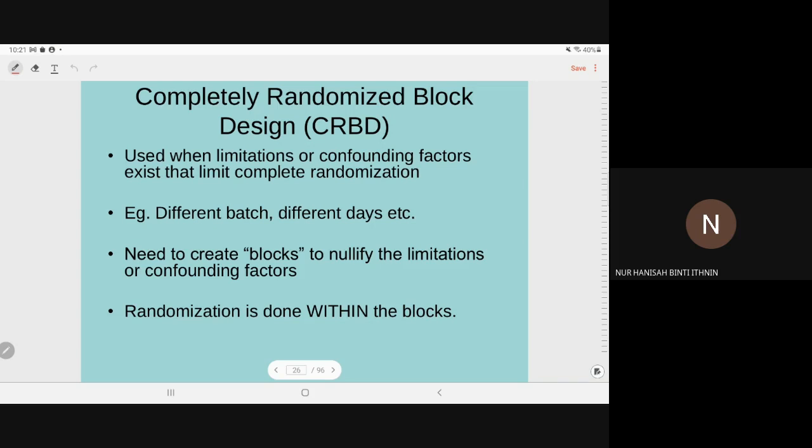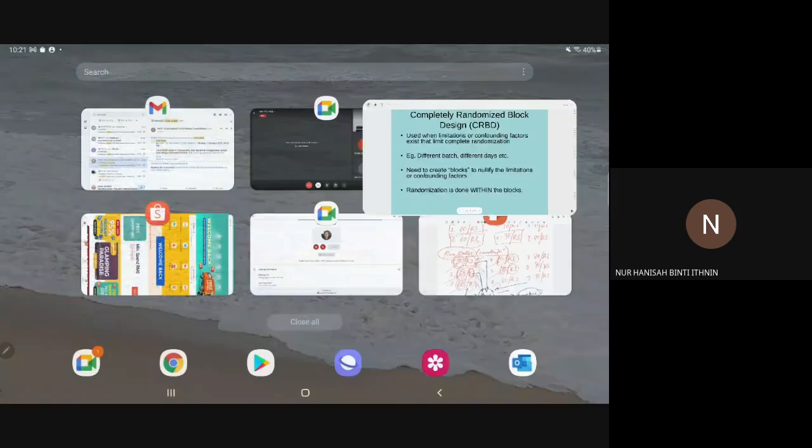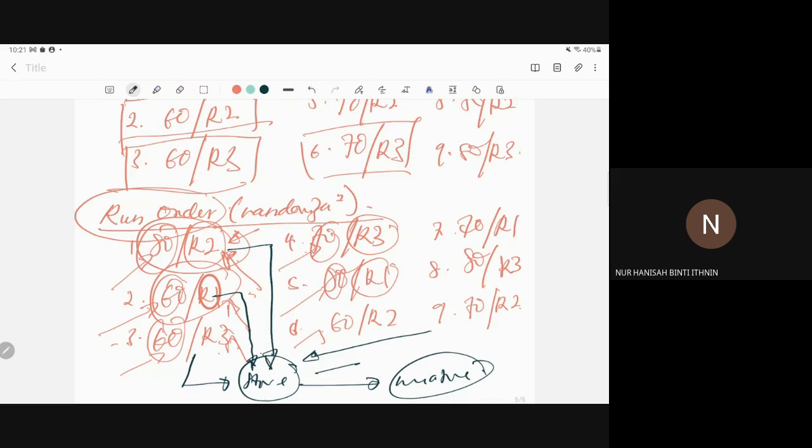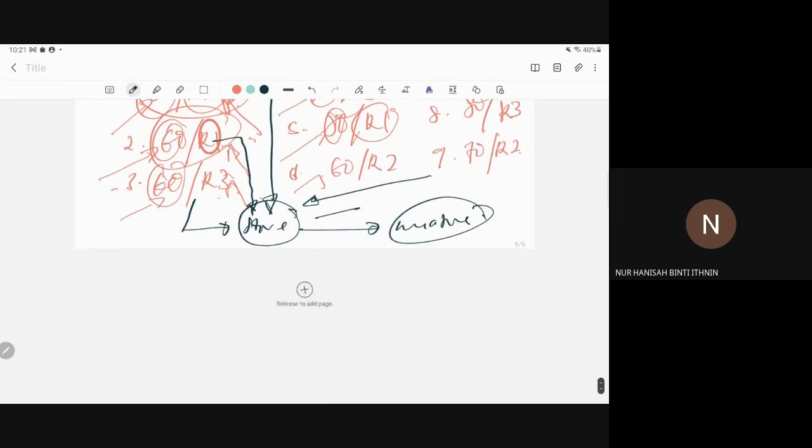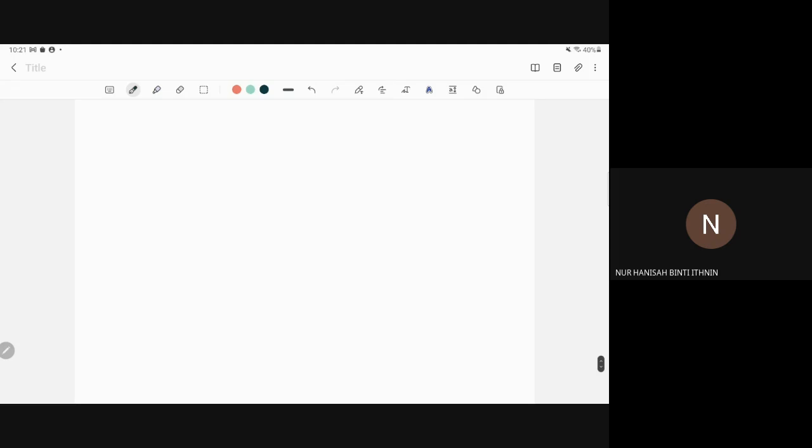So that is completely randomized design. Another related design of experiment is the completely randomized block design. For example, in this case you are only using 9 samples. So what if you have